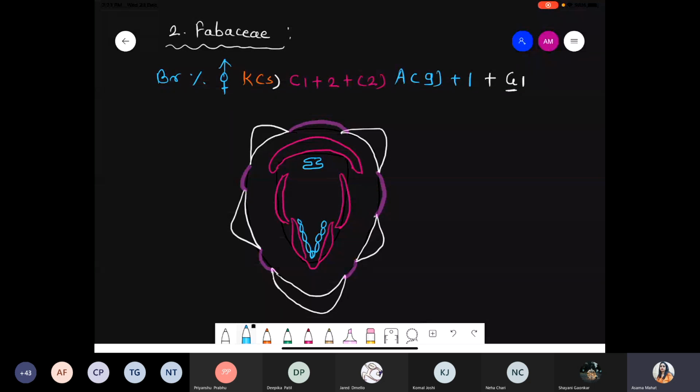And finally we are talking about the gynoecium part. And a single gynoecium is present like this. A single compartment, because it is monocarpellary, obviously. And now there is a presence of